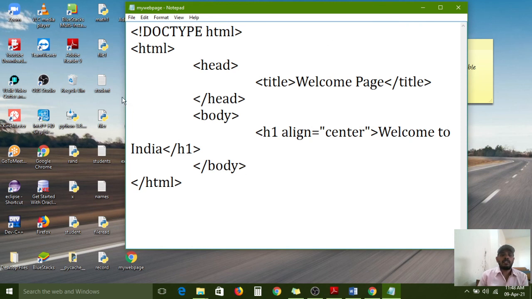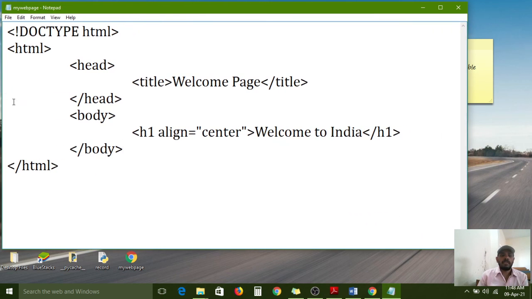What is hypertext? Hypertext is nothing but text within text. Actually, this is one text and this is also one text, but in between these two texts, we have configured one more text. This type of configuration is called hypertext. And what is markup language? Angular brackets we use for the element. H1 is one element. If you use the H1 element along with angular brackets, with an opening tag and a closing tag, we are informing the browser.